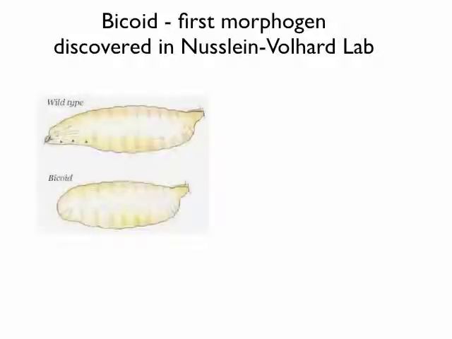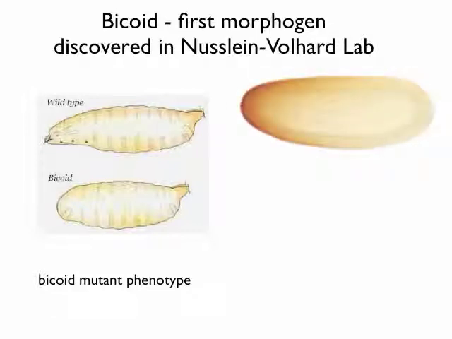When she and her students looked at the phenotype of a larva in a bicoid mutant, they found severe anterior and thoracic patterning defects. Many of the anterior and thoracic segments were completely screwed up, just looking at the larval cuticle. And when one of her students, Wolfgang Driever, cloned the bicoid gene and generated antibodies against the bicoid protein, he found that after fertilization, the protein